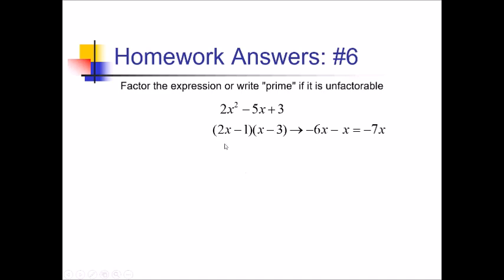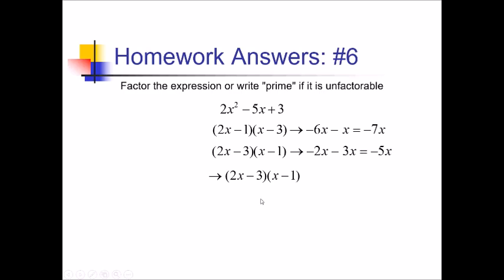So let me try 2x minus 3 times x minus 1. Very similar, but just a little change that might make a difference. So 2x times negative 1, that's negative 2x. Negative 3 times x is negative 3x. Negative 2x minus 3x is negative 5x, which is what we have in the middle. So that means that this second option here, my second guess, was actually correct,